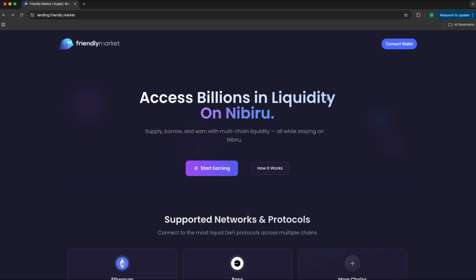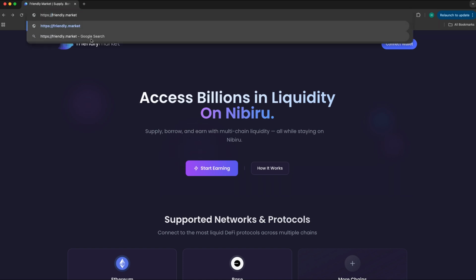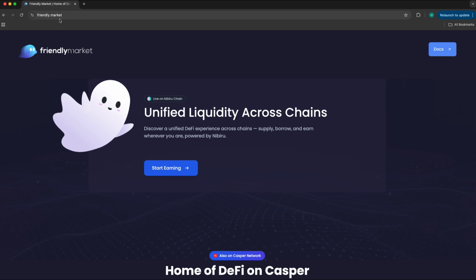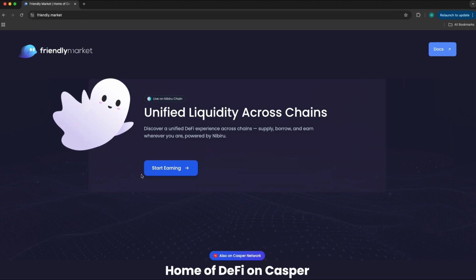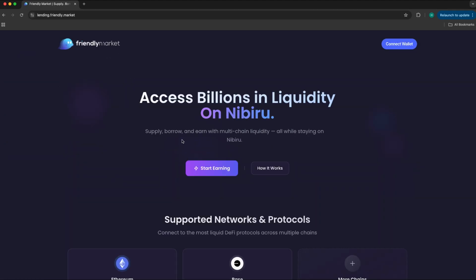Today we'll be looking at Friendly Market, which is a cross-chain lending and borrowing platform on Nibiru chain. Our URL is, well, it should be friendly.market. I'm already on the lending page, but when you go to friendly.market, we click start earning, and then we arrive on